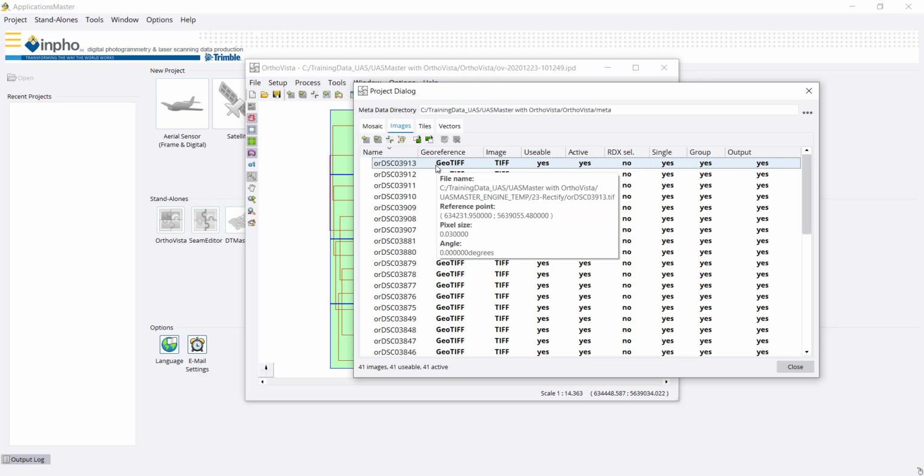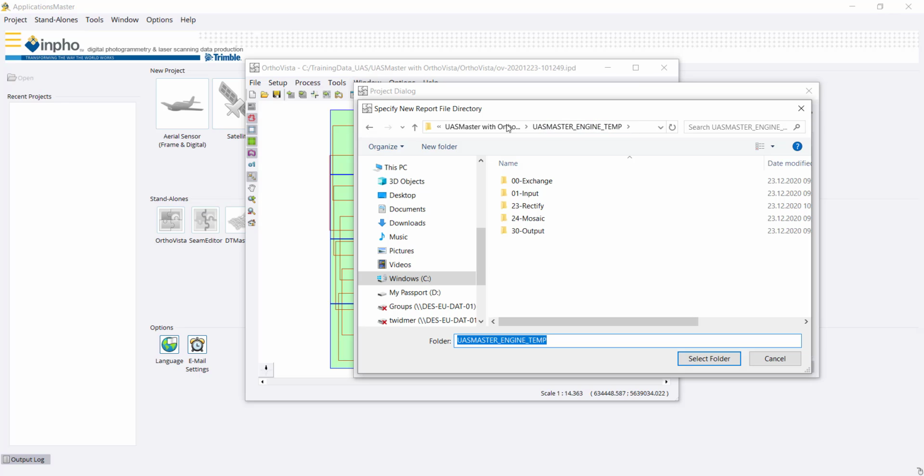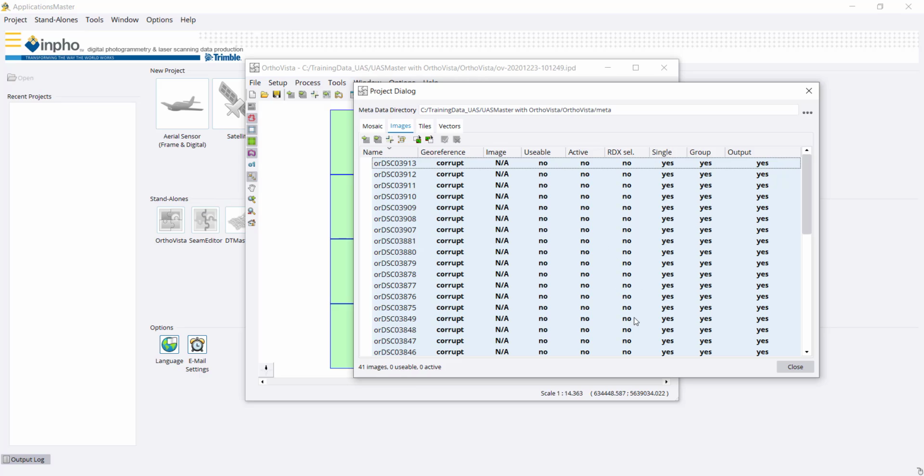So this is our file name that we are currently using, but we already did radiometric corrections to the orthophotos in our process. So what we will now do here is changing here for all our photos. So hitting Control A, and then we can go here and say, change the image path. And then we will here navigate to our OrthoVista folder. And there we have our orthophotos again. If we say select folder, and therefore here we can